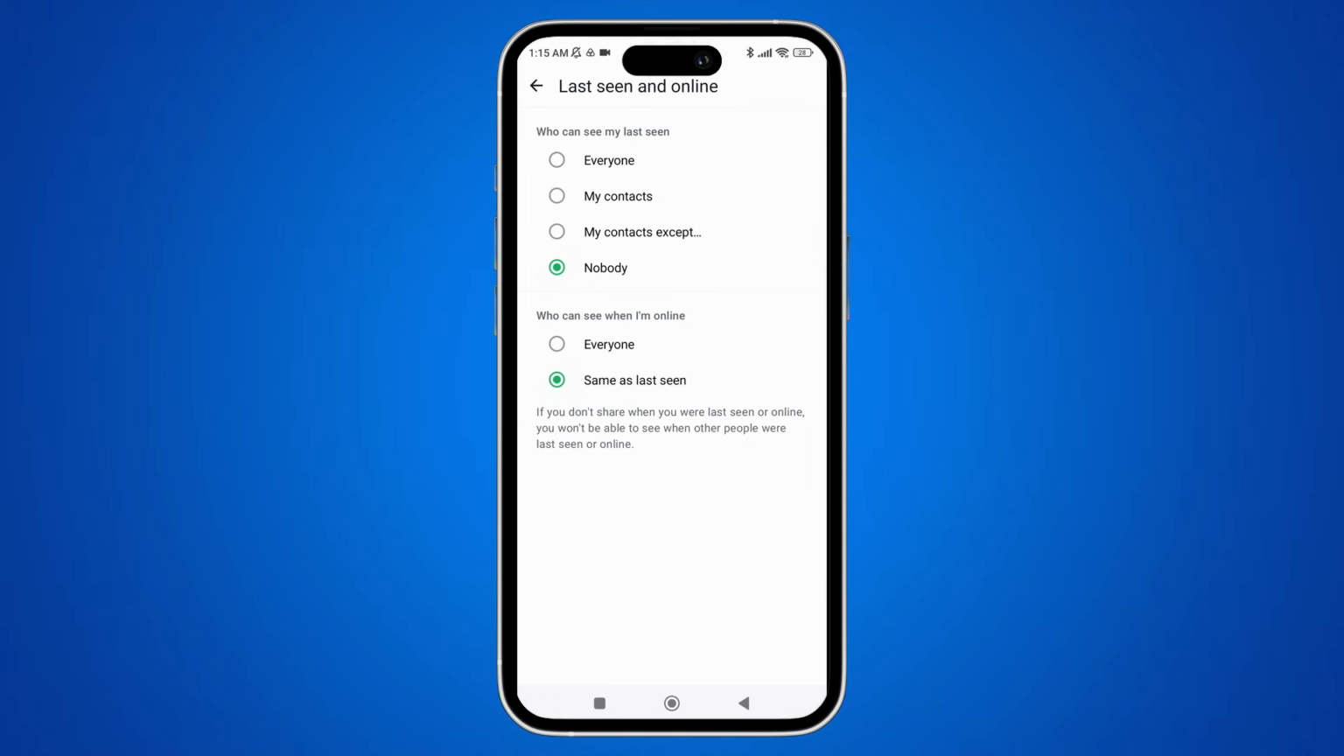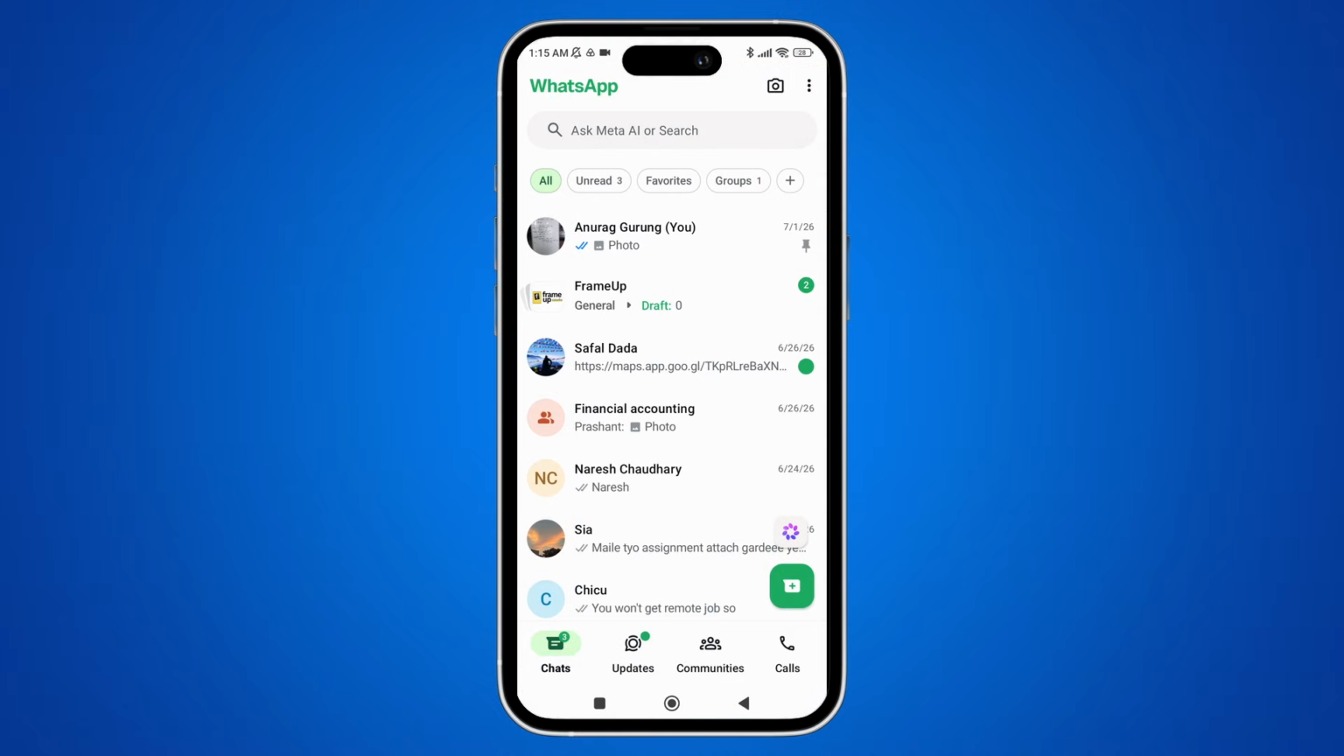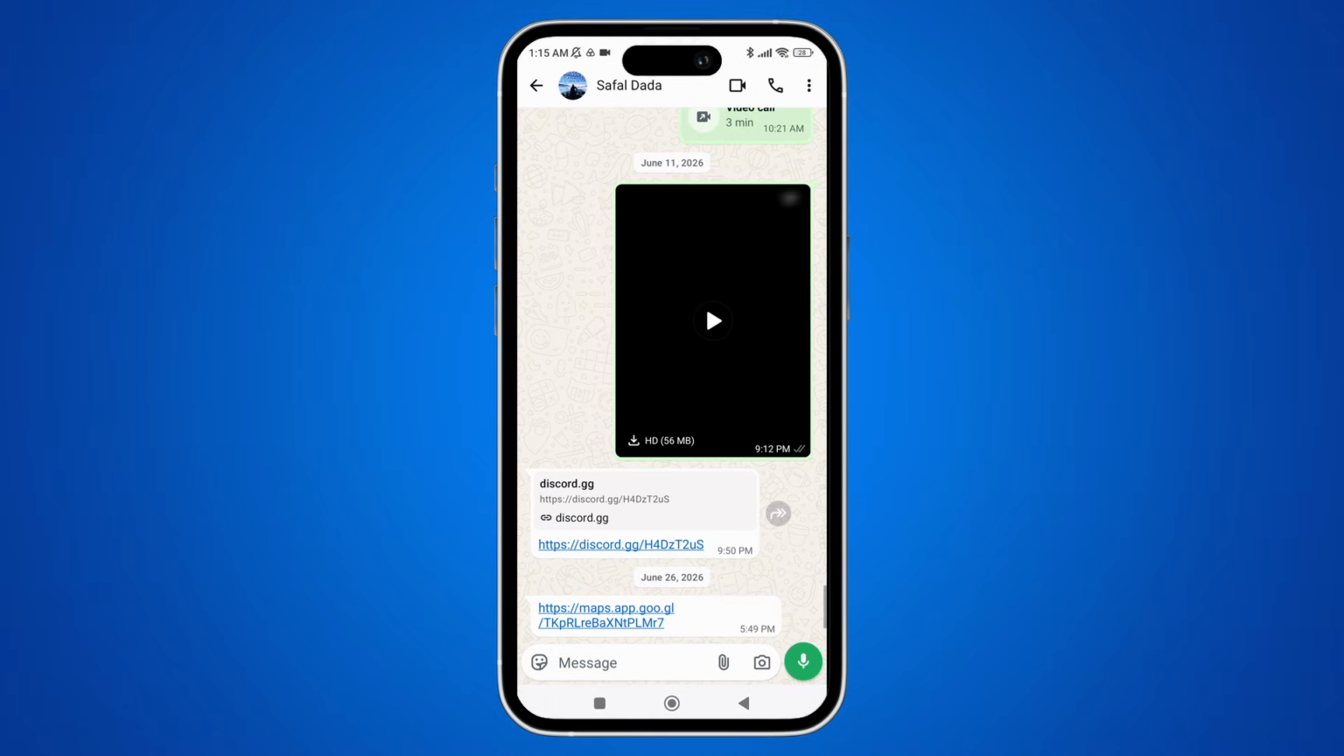With these settings enabled, the people won't be able to know that you have read their messages. And again with that, if you have read messages and you don't want them to know that